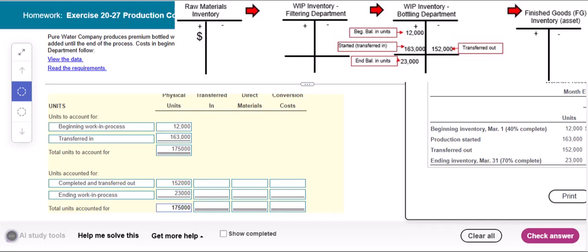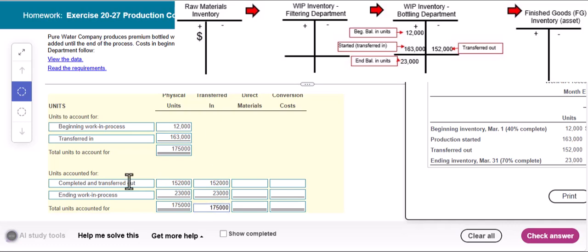The costs are not going to magically go away when we transfer from one department to another. In fact, they're going to accumulate. So the costs that were in the filtering department that got transferred in, these units are going to have 100% of the cost from the previous department. That means for this 152,000, all 100% of it is going to be transferred in, so that's going to be 152,000 units. And then for ending work in process, that's also 100% of 23,000. So all 23,000 is going to be transferred in. So then the total units accounted for is again going to be